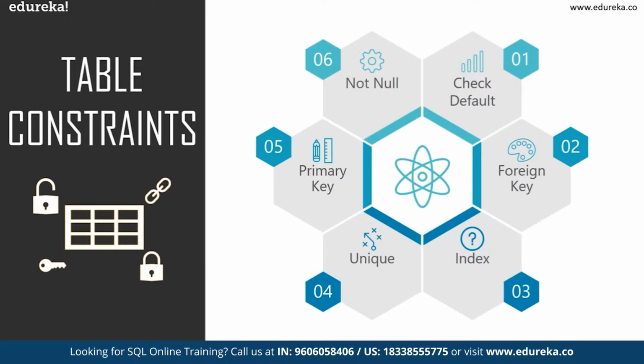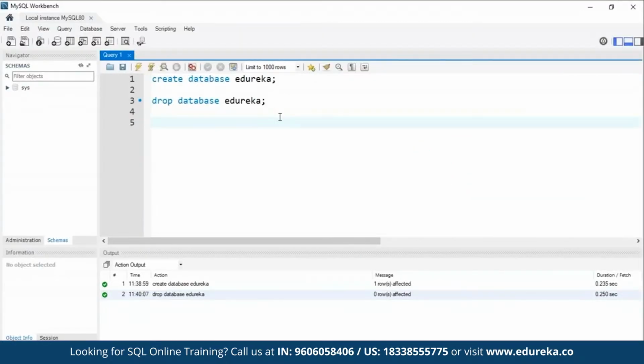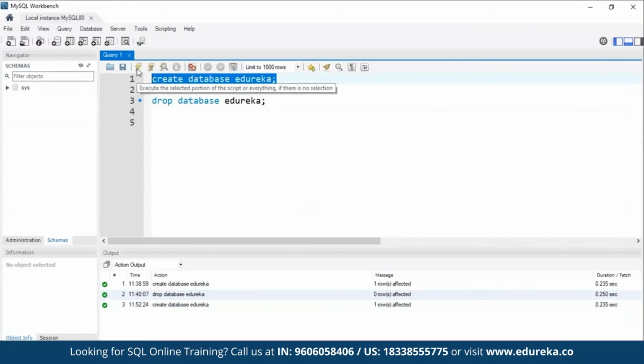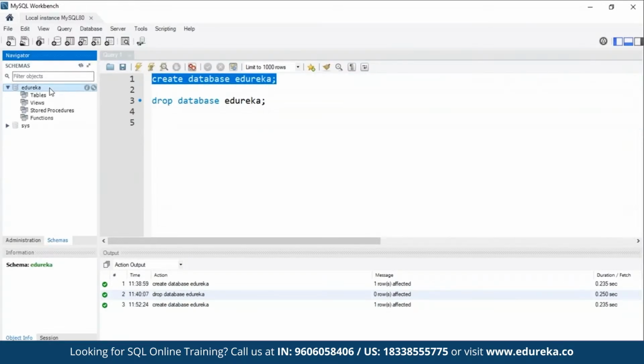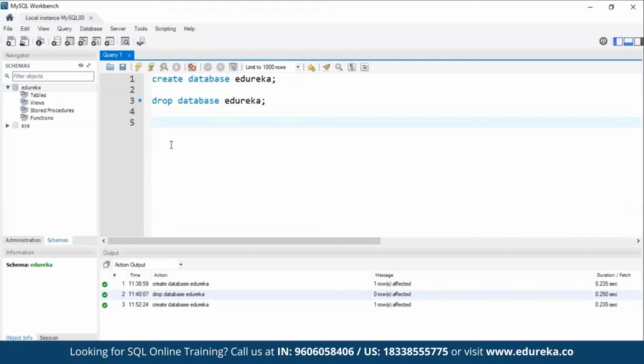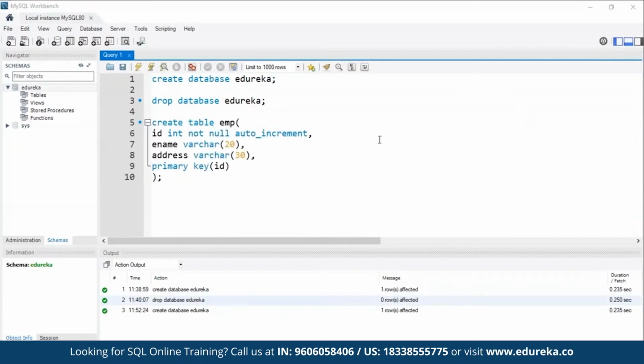To understand this, let's head to the MySQL Workbench. To create a table, we need an active database. Since we had deleted the previously created database, let me create the database once again. So we can see that we have a database with the name Edureka. So now let me create the table. And the syntax for creating a table is